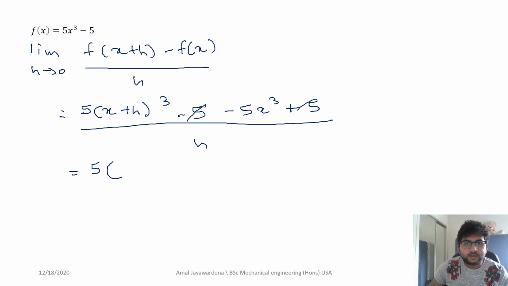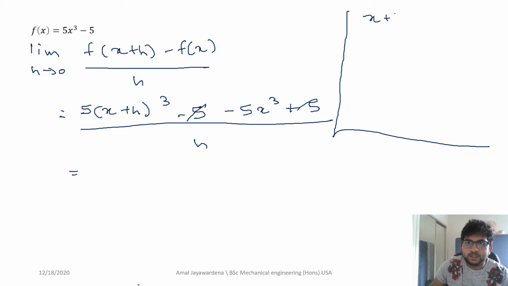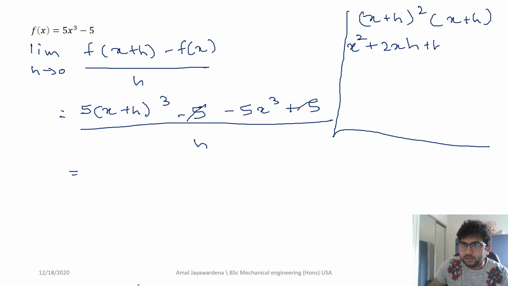So I would say the best thing is to do it as a separate thing. We can say x plus h squared, times x plus h. This is the same thing as x plus h to the power 3. So it's going to be x squared plus 2xh plus h squared, times x plus h. Right, so it's going to be x cubed